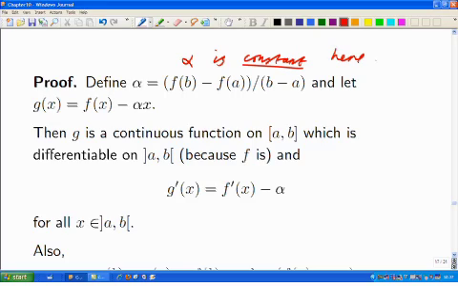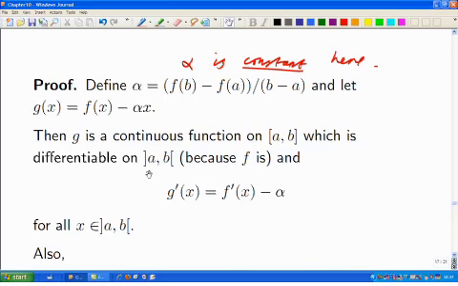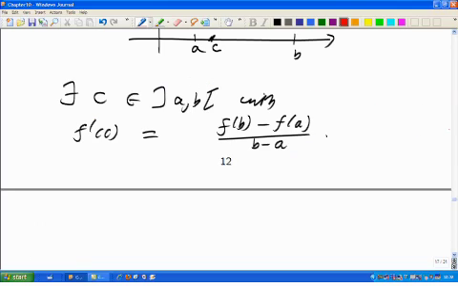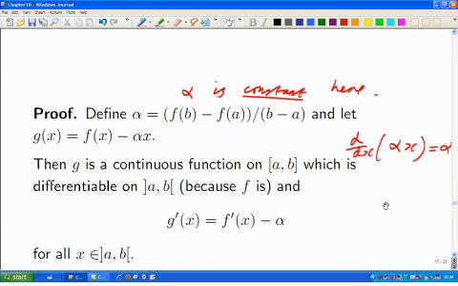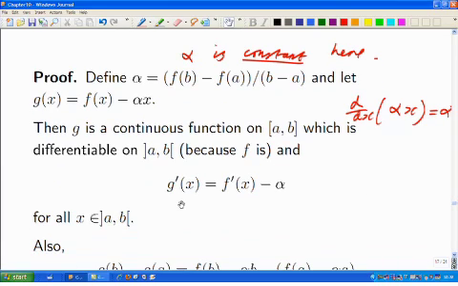People do sometimes get confused about this, but alpha is a constant in this proof. So f of x minus alpha x is a rather easy function. Alpha x is continuous and differentiable everywhere. So subtracting off alpha x is not going to change the fact that you're continuous or differentiable. So you're still continuous on [a, b], and you're still differentiable on the open interval. And of course, when you differentiate g, you get the derivative of f minus the derivative of alpha x. And the derivative of alpha x is alpha. So g prime of x is going to be f prime of x minus alpha, valid on the open interval